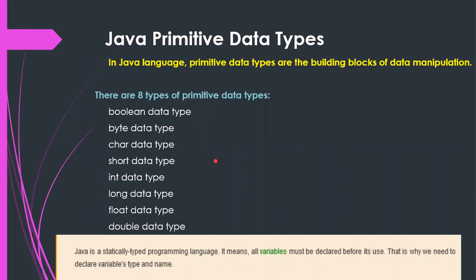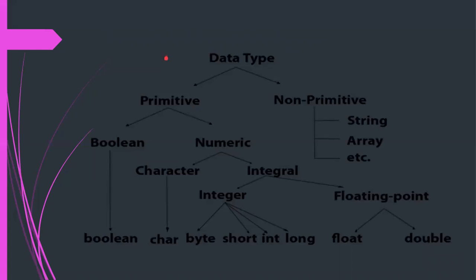Again, I discussed very clearly how they are distinguished. That is exactly what I told you. When you say data type, you can see primitive as well as non-primitive here. In the primitive, they have distinguished again: one is Boolean, another one is numeric. When it comes to Boolean, the name is itself Boolean, so this is what we call the Boolean data type.